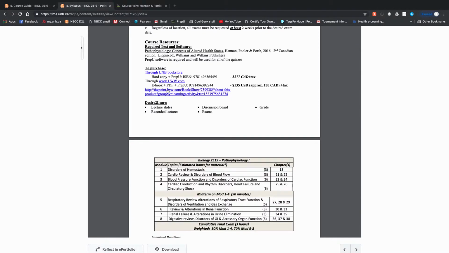So to purchase, the hard copy and PrepU is $277 Canadian plus tax. That's very pricey. Unfortunately, I can't get the price down. However, if you are okay with an ebook, if you go through this website, you can get it for about 170 Canadian plus tax. And it is just the ebook and the software,